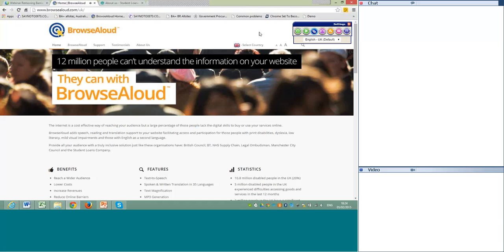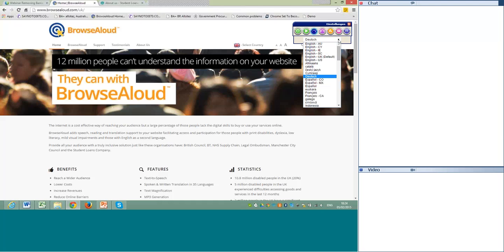Another thing which we do is we can actually save information to MP3. So all I do is highlight the text that I wish BrowseAloud to speak. Let me just change that. We've got a little hiccup here.